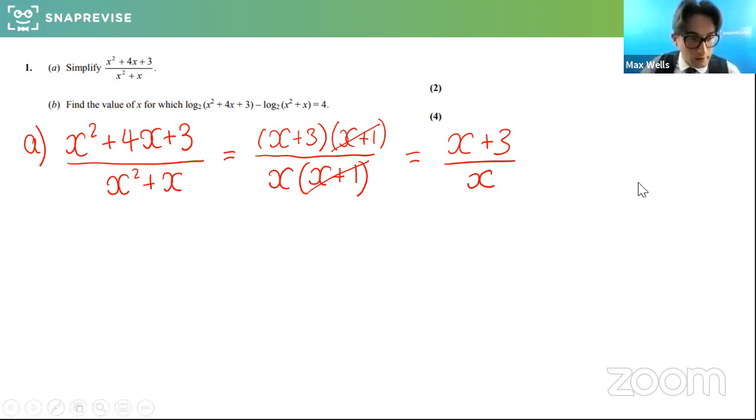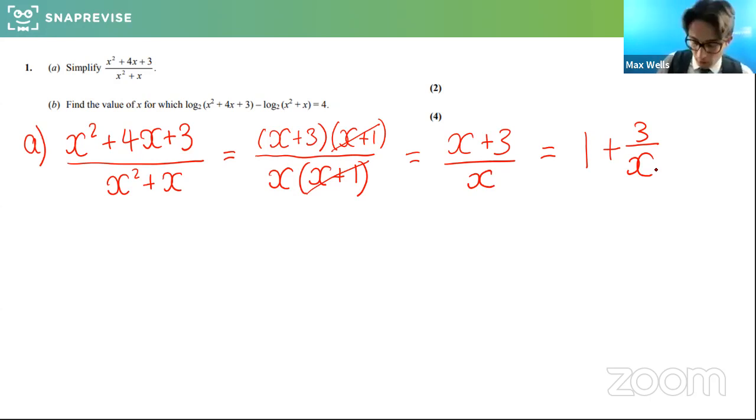Okay, so that's part A done. What we're going to do now, as well as we go, is try to make the link with the next part of the question. If you also wrote this as 1 plus 3 over x, that's absolutely fine. Those of you that have been working through and using partial fractions, and you've met that in school, might be inclined to do that quickly. That's absolutely fine. For the next bit of the question though, this form is perfect. This will still work. Either of these would be fine for the marks there.